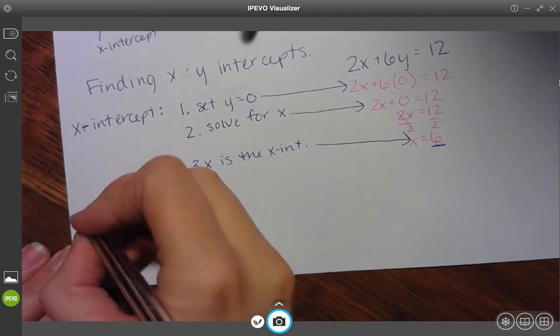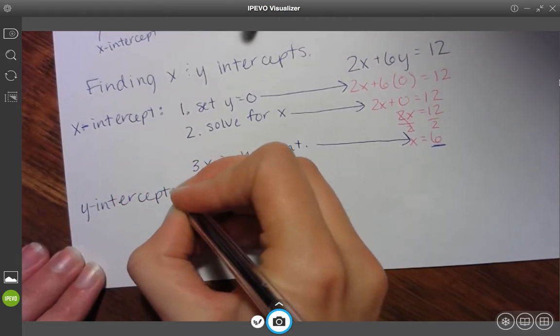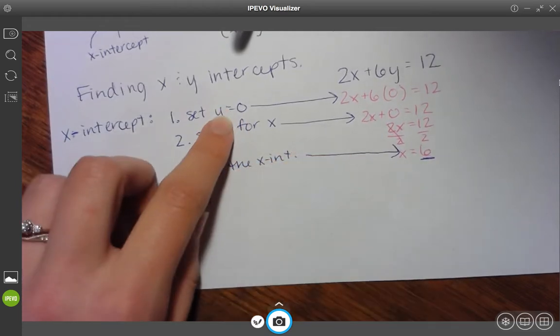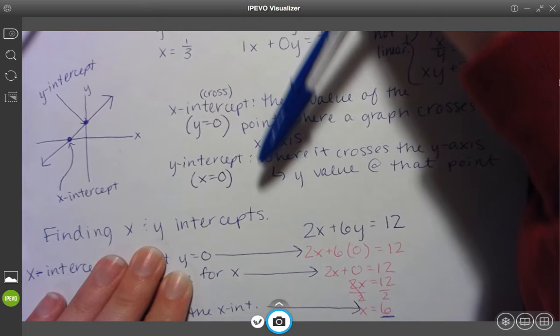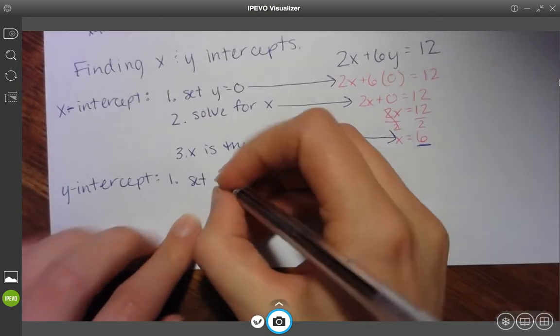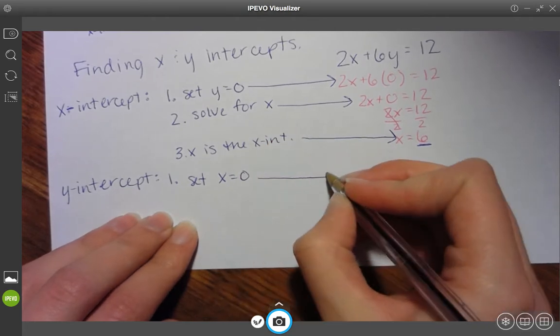So then to find my y-intercept, it's the same exact idea. My first step is to set, not y equal to 0. On the y-intercept, x is 0. So I'm going to set x equal to 0. So if I do that,